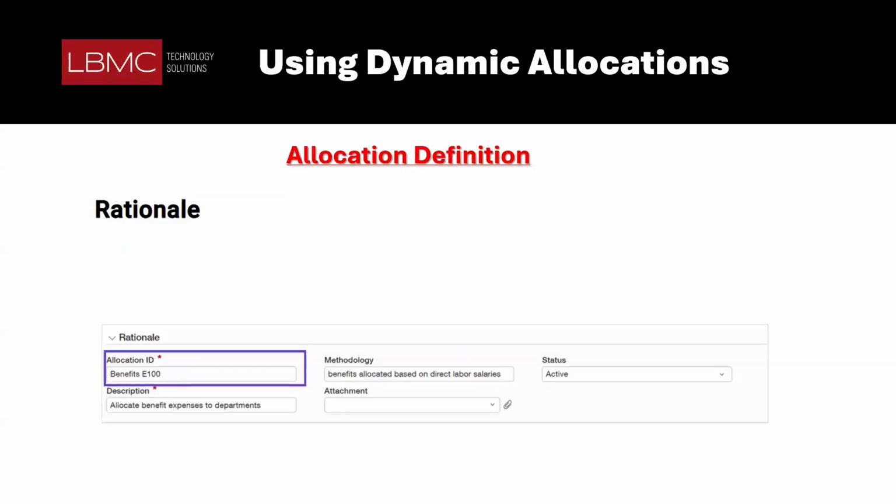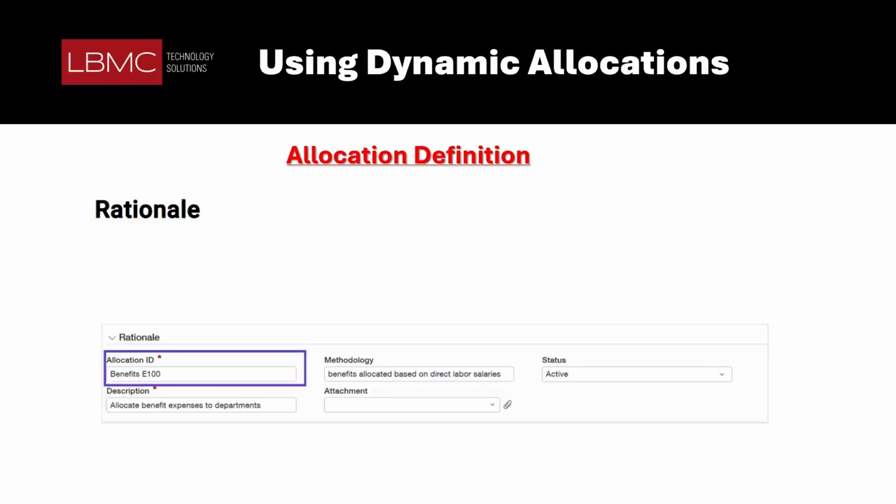You have your methodology, and your methodology allows you to give an understanding on why this was set up in the way that it was set up. And it also gives other individuals who are not the author the rationale to why this methodology was set up within the system. You also have the ability to set up and attach any type of attachments. Say if you have any type of allocation procedures that you want to go by, you can attach that to